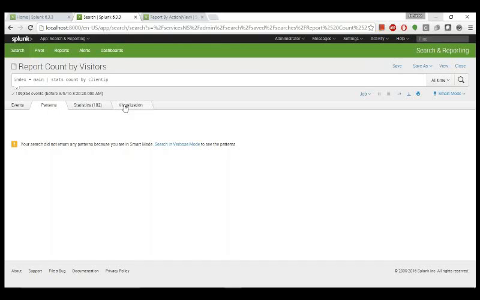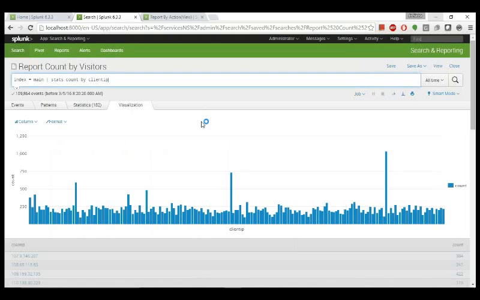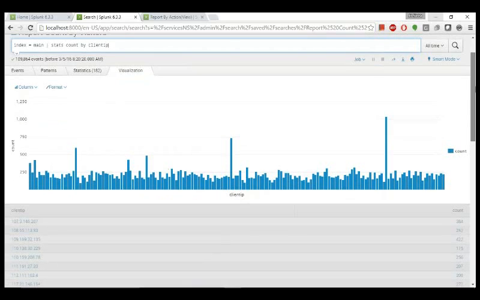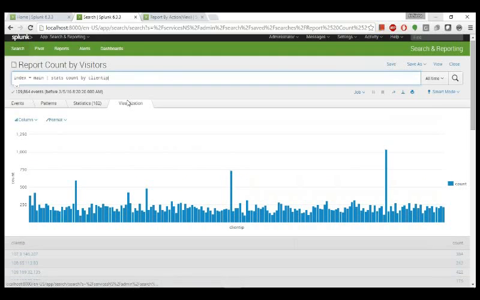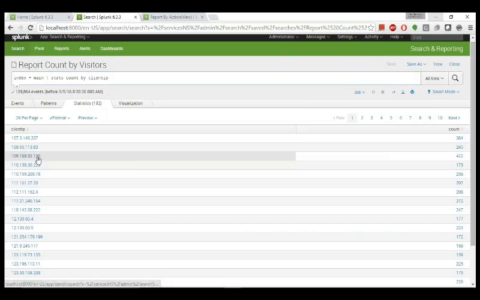Okay, and the interesting part is the visualization one. This is the most crucial one because you have to take the calls. I mean, you have to take all your calls, like whether it's a column, bar, or whatever. You have to do it here. So basically the visualization is nothing but the conversion of your data that you are seeing in the stats